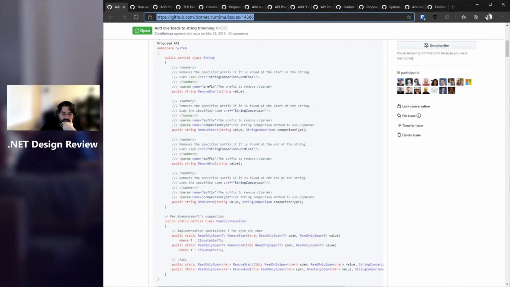Are these common enough operations that they should be first-class methods? I don't know how often I've had to actually do this. I actually do it all the time, and I generally do it with if starts with, then substring. Yeah, okay, I do the same thing. My other argument would be, even if they're not common, where else would you put them? We don't really have a second tier of string methods. I mean, ignoring Linq, because they always show up, but